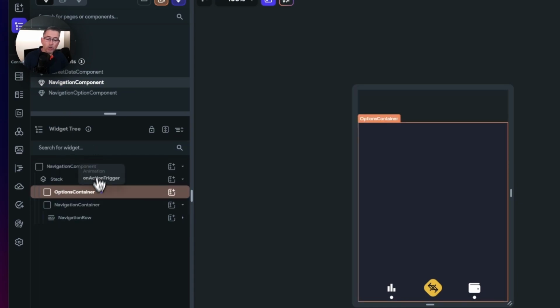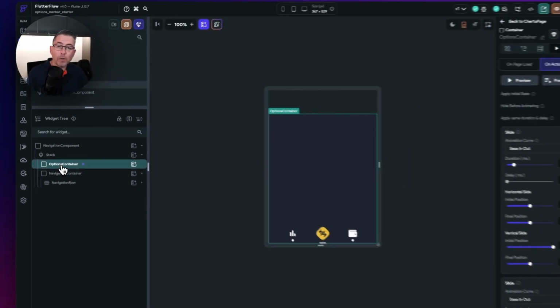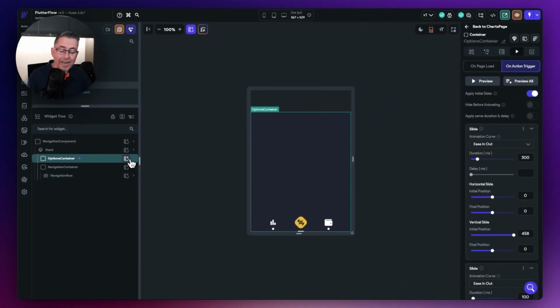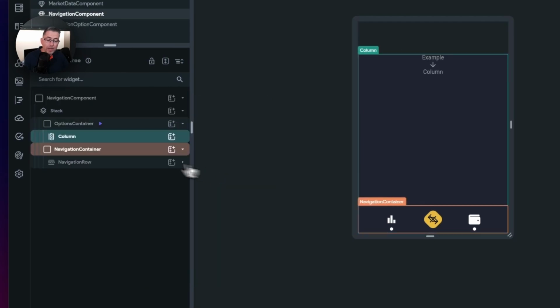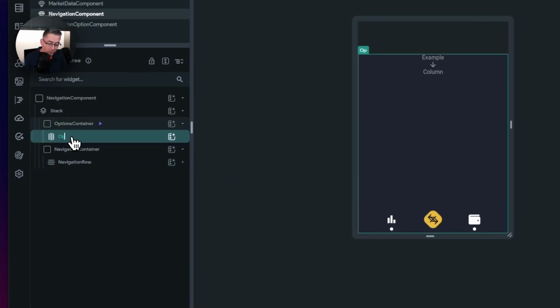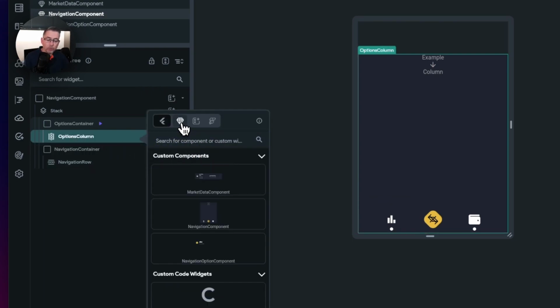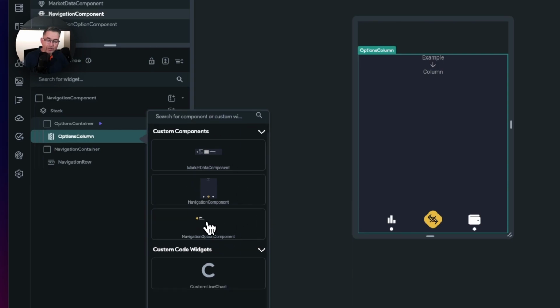And we need to now go to the options container. This is going to be our home for the next widget, which is going to be a column. So just hit the little plus here, choose column, and let's give our column a name. I'm going to call this options column, just like that. Hit enter. Now let's hit the little plus here, click on the little diamond, and then scroll down here, and you can see we've got this navigation option component. We're just going to select that,